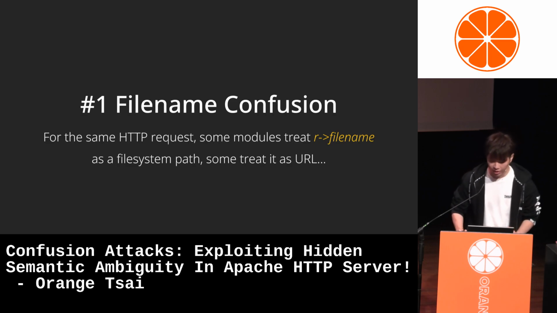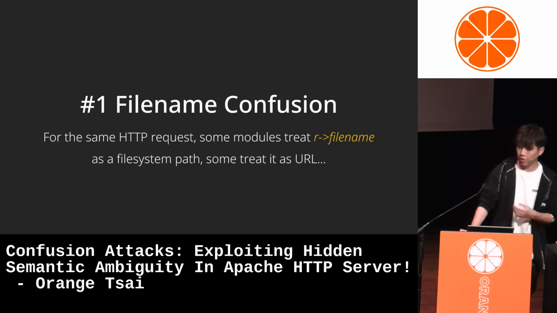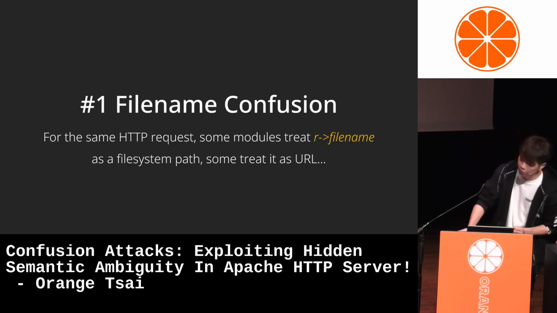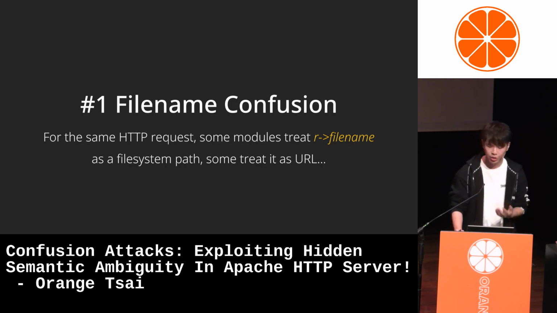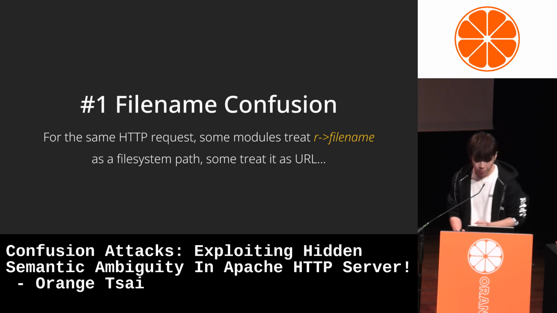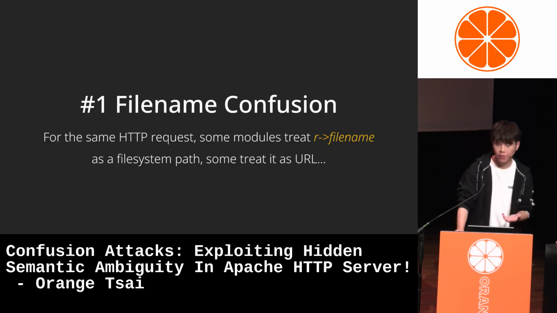Okay, let's dive into our main topic. First, I would like to discuss the attack called Filename Confusion. This attack occurs when different modules handle the filename using different standards. Literally, the field filename should represent the file system path.